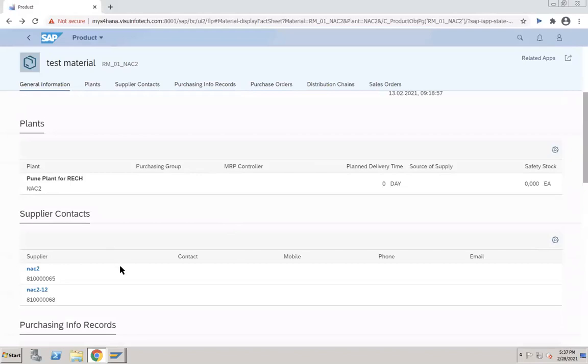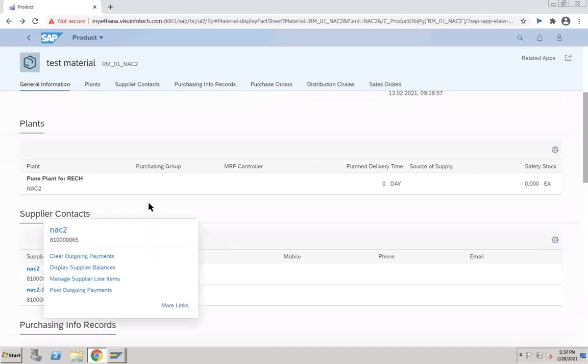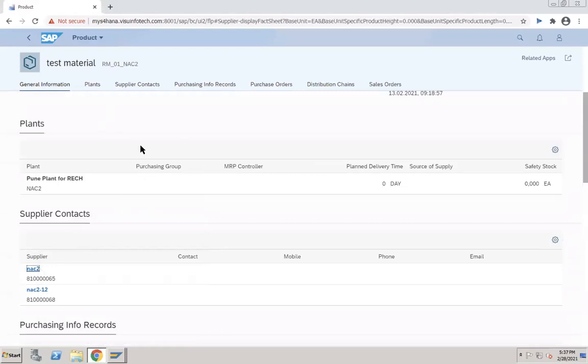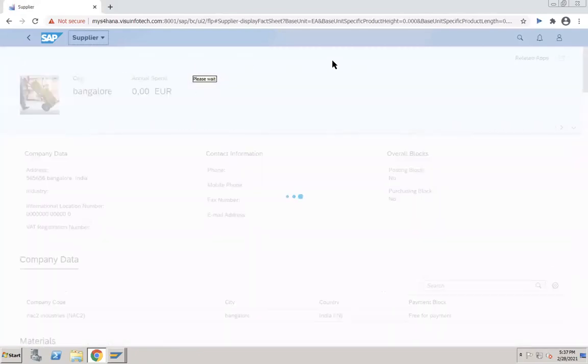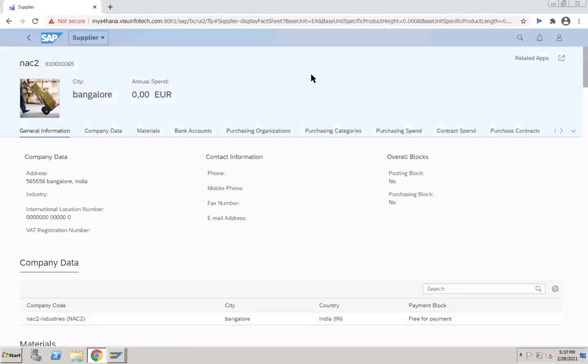If you go into this plant, two suppliers are there, right? If I go to this supplier, I'll open this supplier and the supplier details will open. For this supplier, are there any pending orders? Everything it will show again. What I have entered is only that I typed NAC for my plant. So you can click and explore everything. The end user can do all these things. No need to remember any T code.